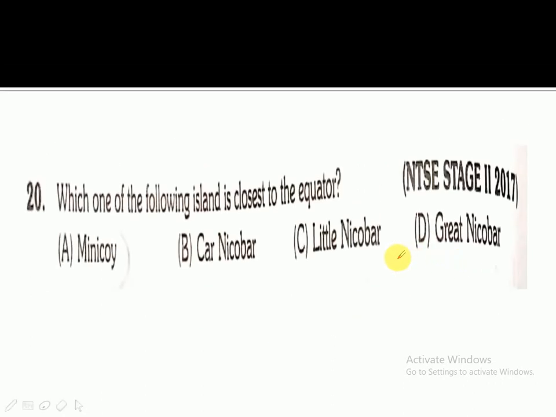Now this is the last question. It was asked very recently in NTSE Stage 2 2017. Which of the following island is closest to equator? Now give this a try, because we have discussed it. Okay, so if you look into this question, I told you the southernmost tip of mainland India is 8°4' north, but that is not the southernmost tip of India. The southernmost tip of India is